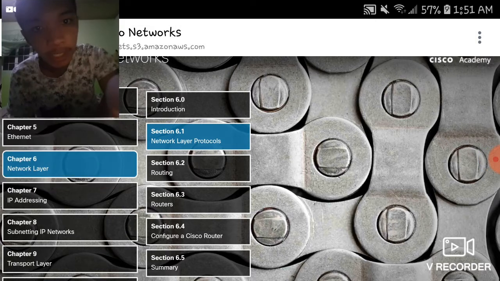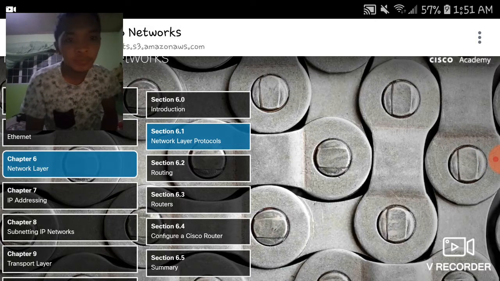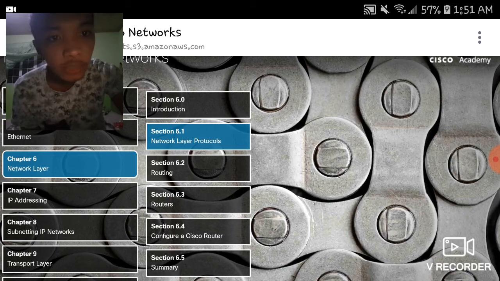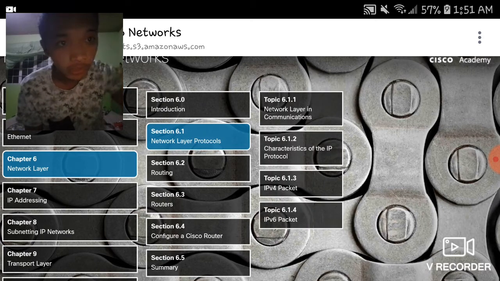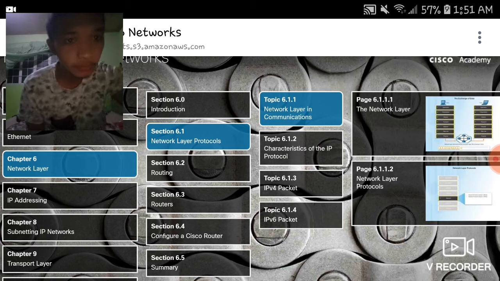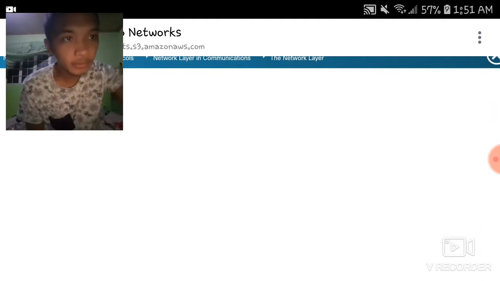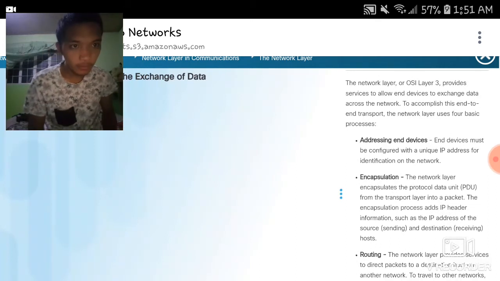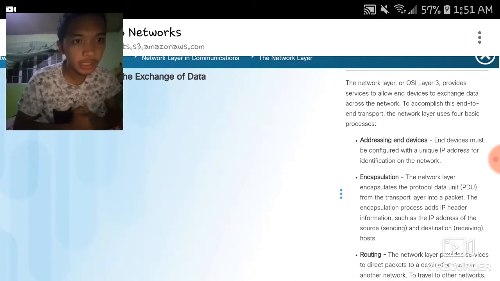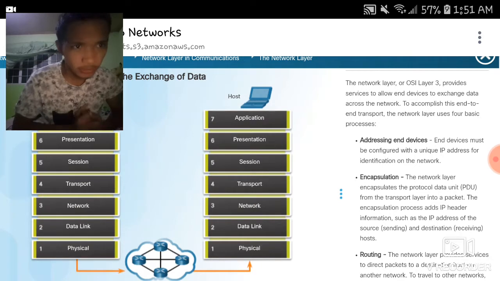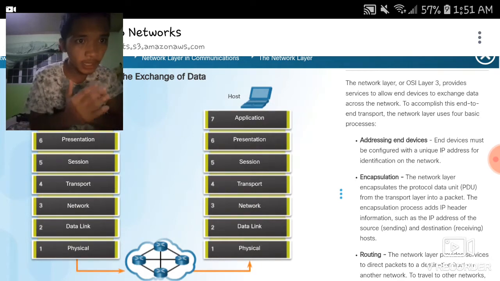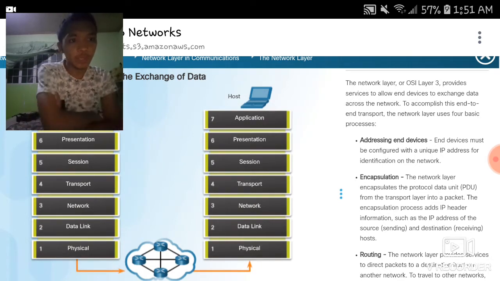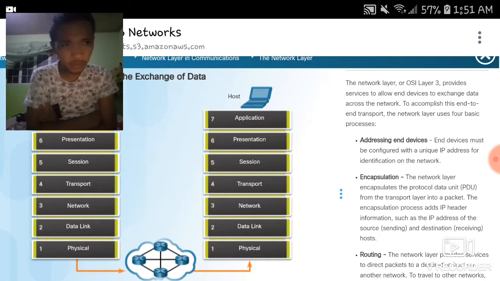We will summarize chapter 6, entitled Network Layer. Section 6.1, Network Layer Protocols. The network layer allows end devices to exchange data across the network. To accomplish this end-to-end transport, the network layer uses